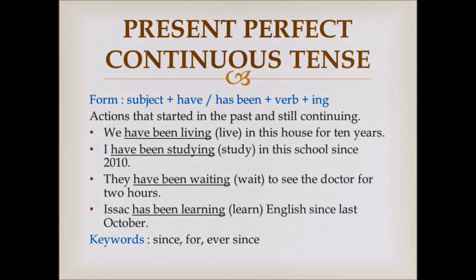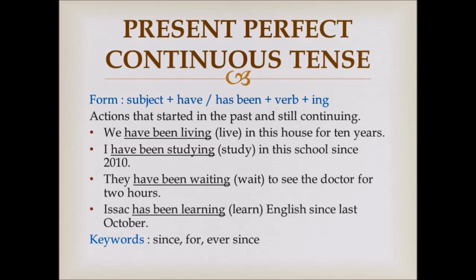Dear students, already we have seen simple tenses, continuous tenses and perfect tenses in your previous videos, and now in this video we shall see about perfect continuous tenses. Now let's begin with present perfect continuous tense first. The structure of present perfect continuous tense is subject plus have or has been plus verb plus ing. For all perfect continuous tenses, been plus verb plus ing is common. So you know where to use have and has, as we have already seen in the previous videos.